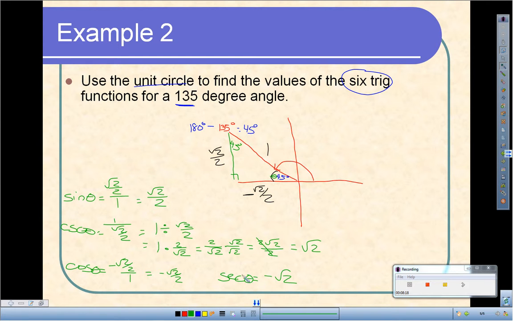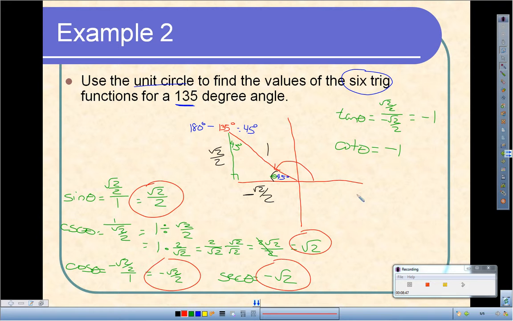All right, now let's do tangent. I'm going to do it over here. Tangent is going to be opposite over adjacent, so that's going to be square root of 2 over 2 over negative square root of 2 over 2, which will reduce down to just be negative 1. And then cotangent, remember, that's just the reciprocal of tangent, so the reciprocal of negative 1 will still be negative 1. So these would be all 6 of my answers, and if you notice, we are in quadrant 2, and